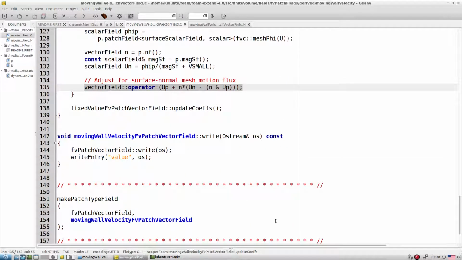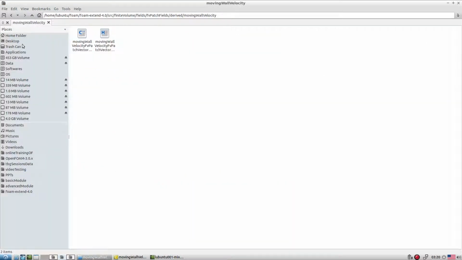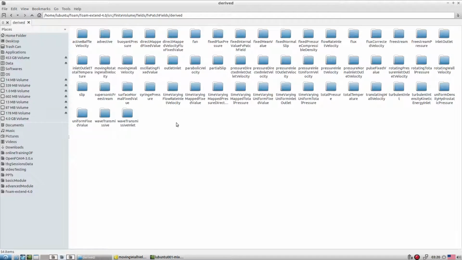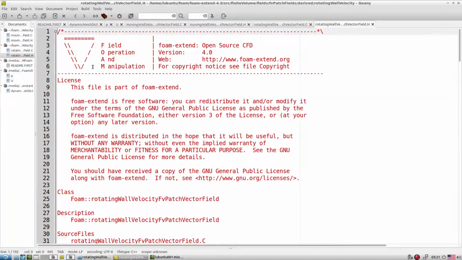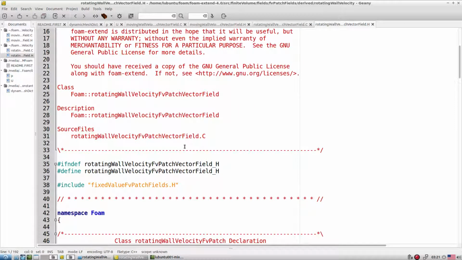Along with that we have another boundary condition. Sometimes we try to use rotating wall velocity, another class of boundary condition. This rotating wall velocity tries to take into account only the tangential component with respect to the axis.